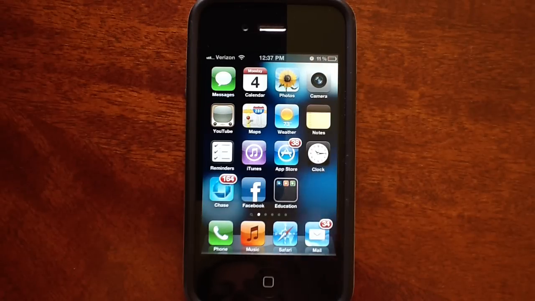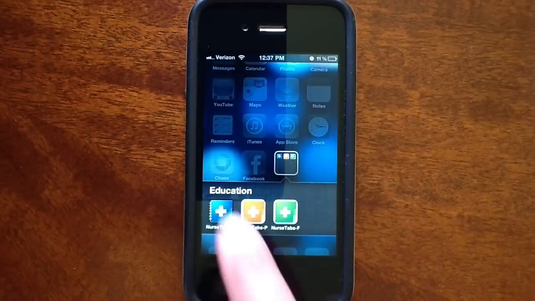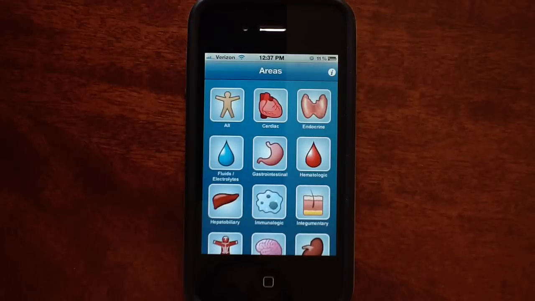The first application that I would like to bring your attention to is NurseTabs MedSurg. NurseTabs MedSurg is separated by body systems so that nursing students could quickly and easily obtain many common medical diagnoses when they're going over those subjects within their nursing courses. Essentially, if I were to press on any of the body systems, I will be able to find medical diagnoses